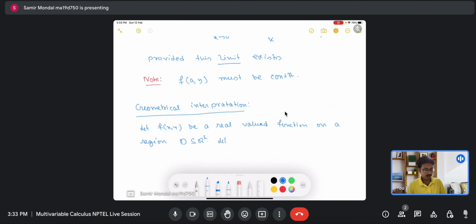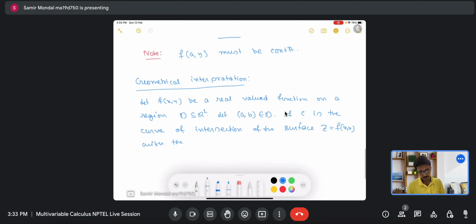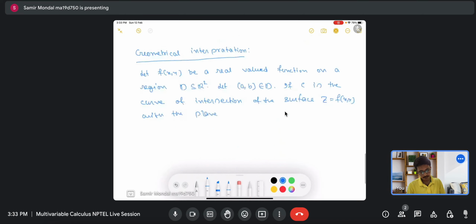Also given that (a, b) belongs to your domain D. If C is the curve of intersection of the surface z equal to f of x, y with the plane y equal to b,